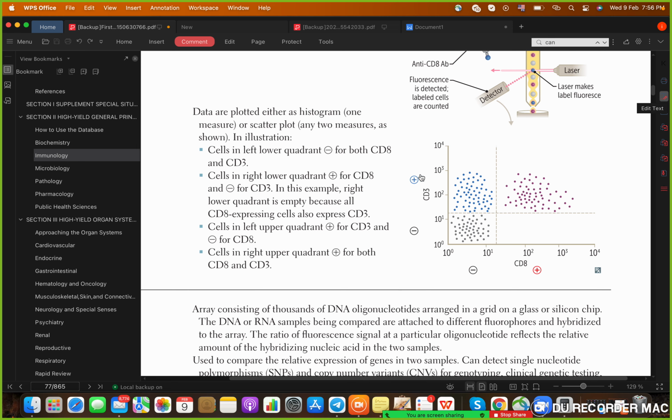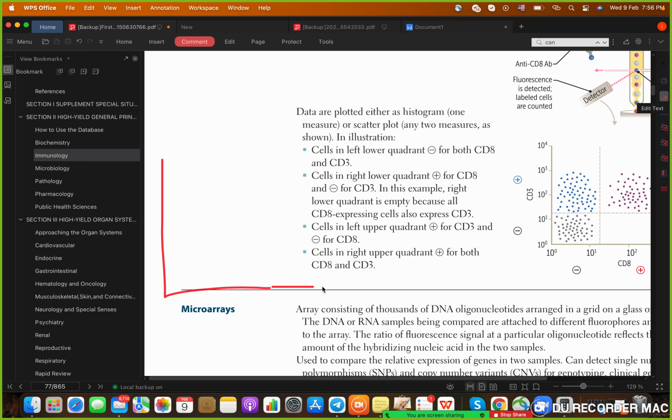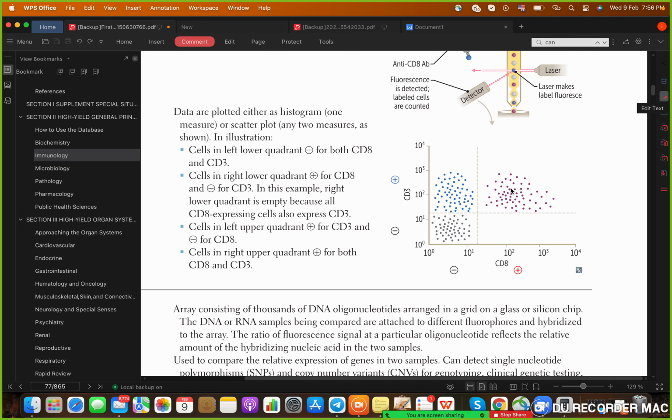So in the following illustration, you can see that if it was a histogram, it would be one measure. For example, something like this, right? But if we're speaking about the scatter plot, it's more something like this because you have multiple measures at the same time. So the cell in the left lower quadrant, which is this one, is both CD8